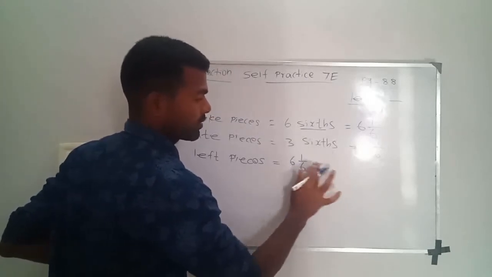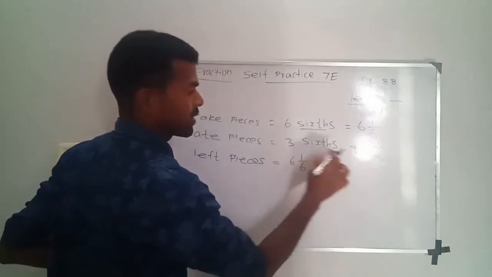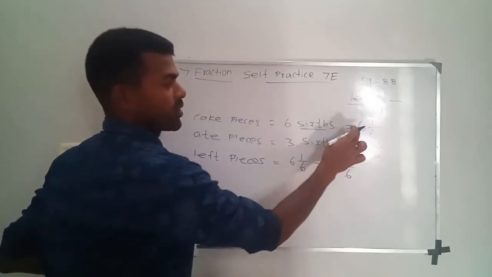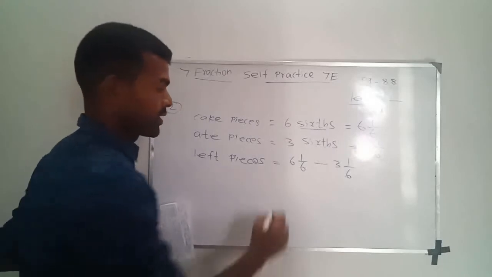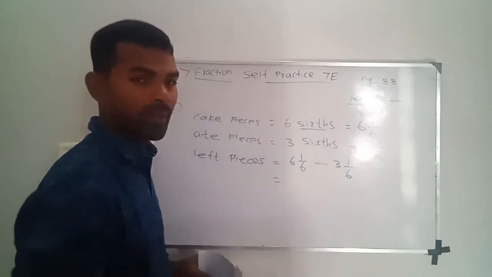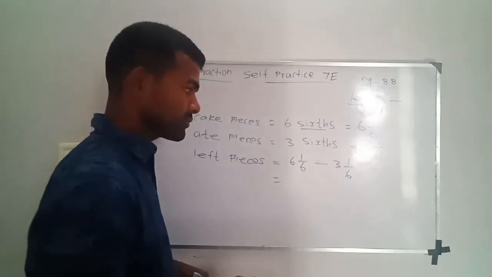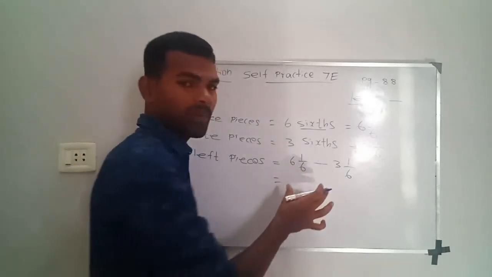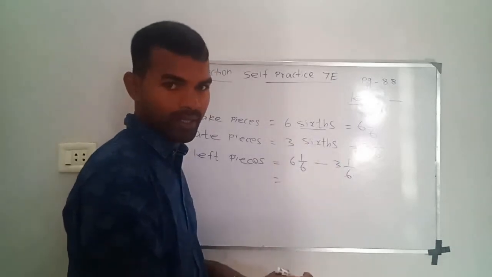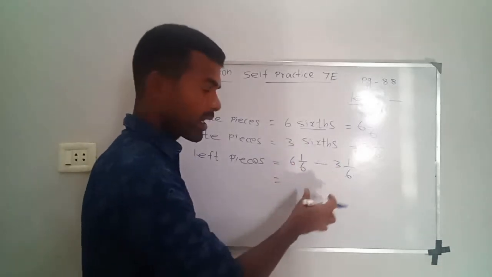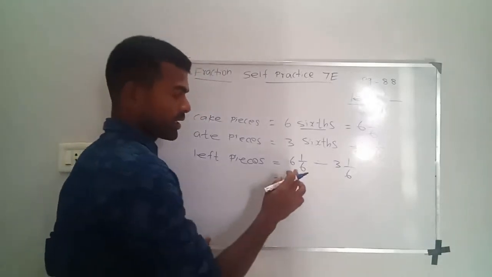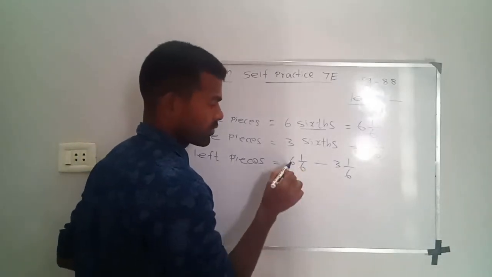They are eating 3 1/6. Yes. From this number, subtract this number. We know how to subtract. When we subtract, I told you that from whole numbers also we can subtract. A whole number separately and the fraction separately, you can separate. Now see, you can subtract like this also.